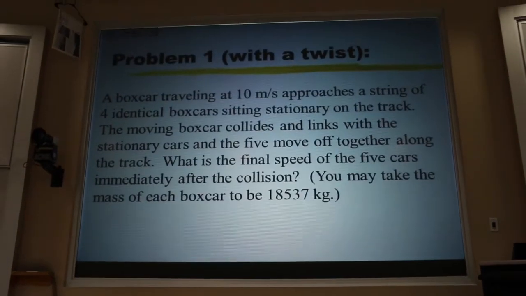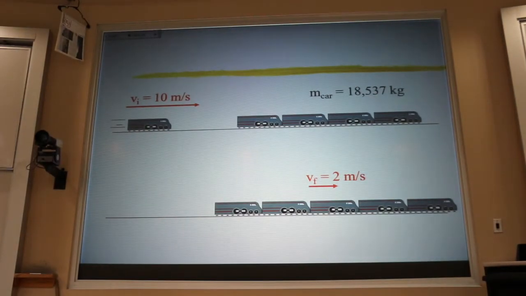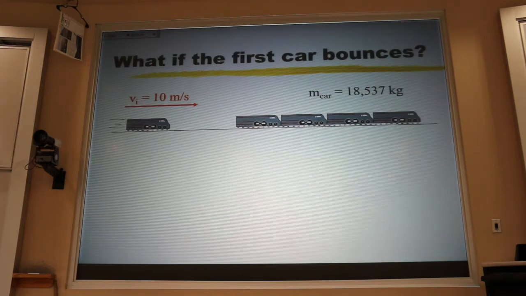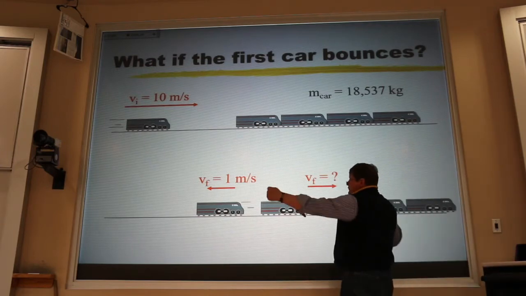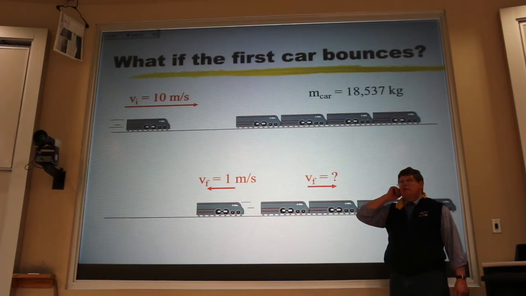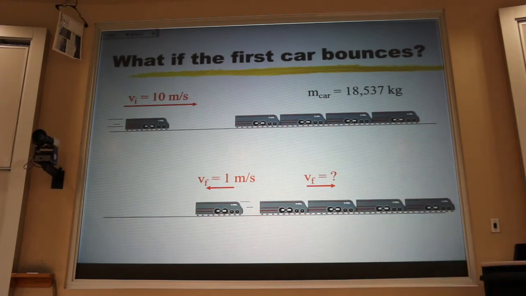This is the single boxcar coming in at 10 meters per second. It links up with the 5 boxcars, and we found that it went off at 2 meters per second. And we got that 2 by just conserving momentum. We had 5 times as much mass moving. It had to move 1/5 as fast. Now, what if the first car bounces? If, instead of linking, it bounces, will this final velocity be greater than 2, equal to 2, or less than 2? Remember, it was 2 if it links. Will these 4 cars be going faster, the same, or slower? With your clicker,